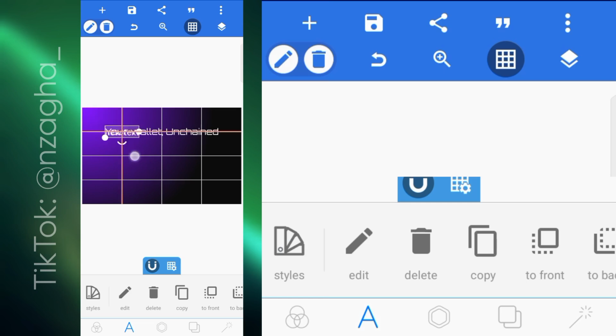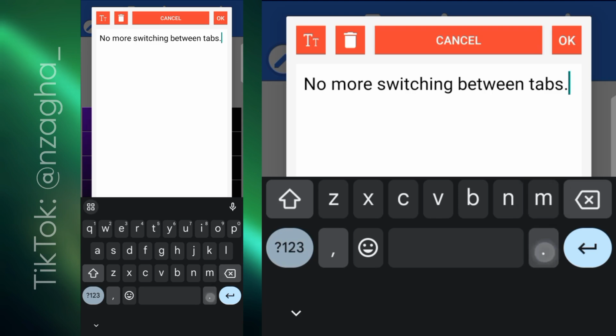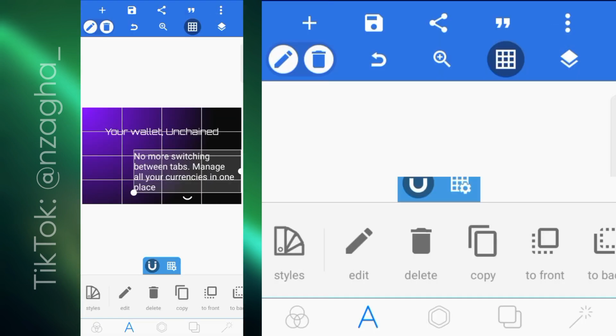I'll add another text. No more switching between tabs, manage all your currencies in one place. Bam, I'll set that. So we'll go down to